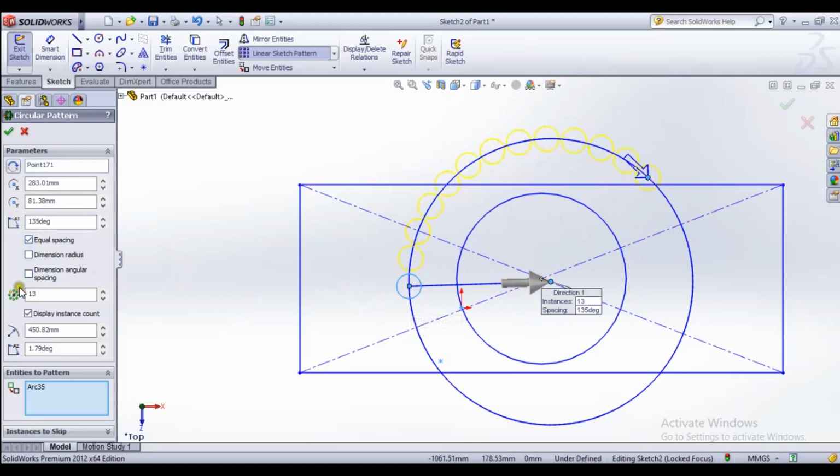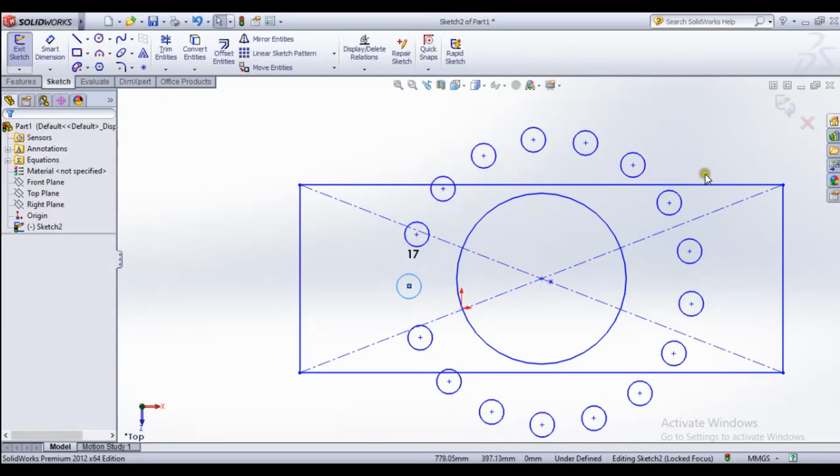Okay, it's equal spacing, dimension, radius, and we can change other properties also. But I am going to draw this along the entire 360 circle, and it's keeping equal space.